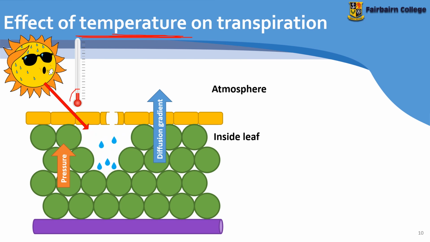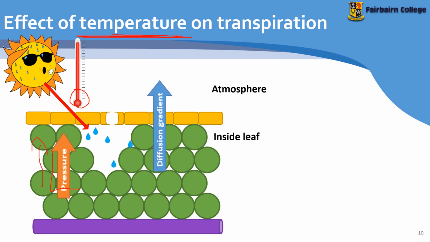So at a low temperature, the particles are going to move quite slowly, and this means they don't bump into each other as much, and the pressure is relatively low. But if you increase the temperature, you are going to increase the kinetic energy,